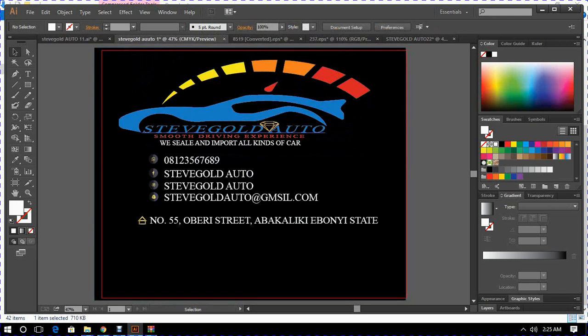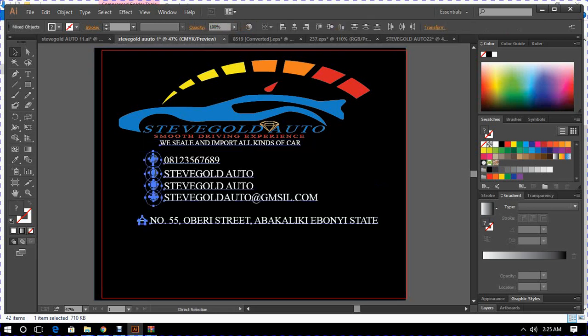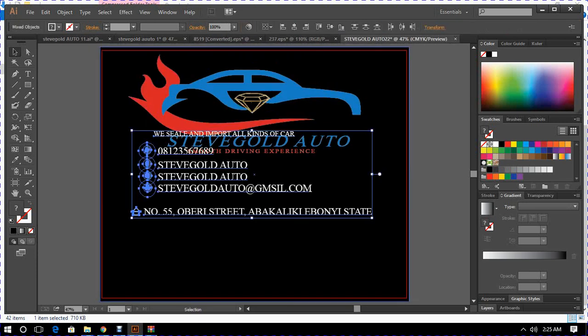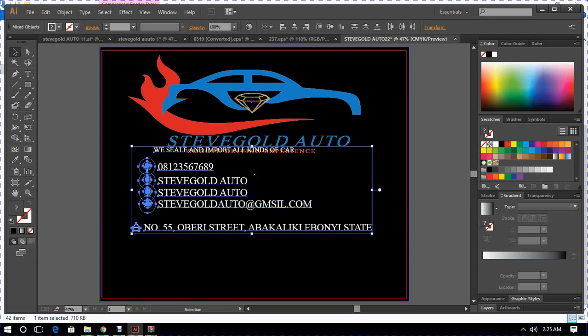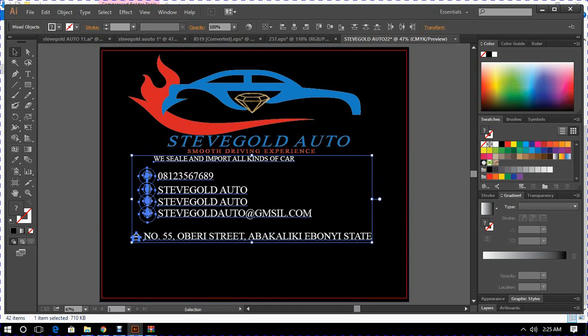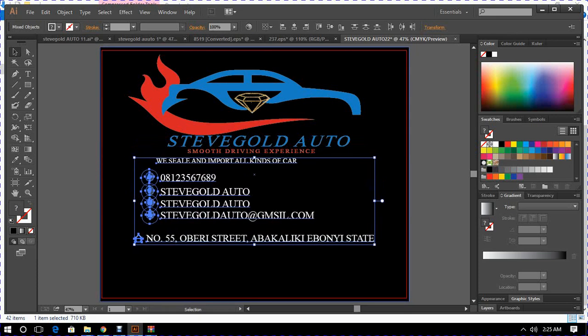So I'll just come over and copy this. Click my shift key to copy all, then group it. Come over here and paste it. I'll just bring it down. I copied it since it's the same information. There is no need entering the information again.